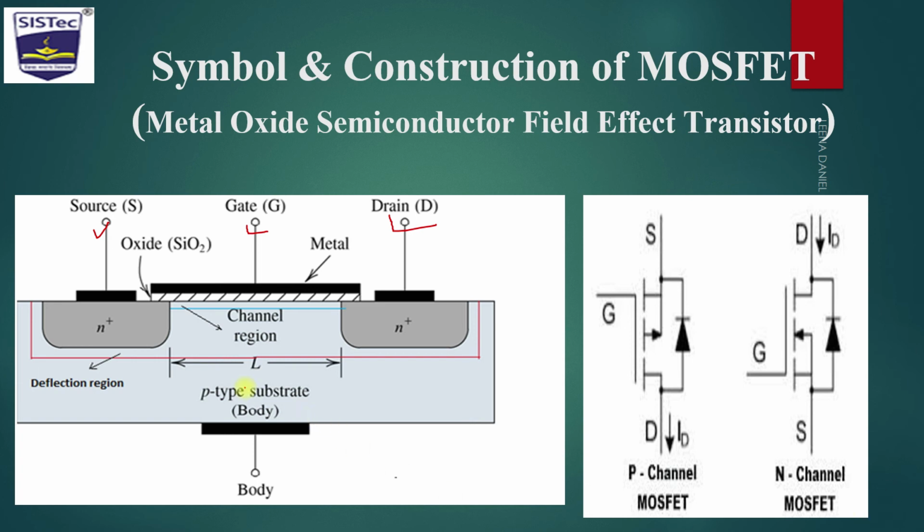Power MOSFETs are basically of two types: N-channel enhancement MOSFET and P-channel enhancement MOSFET. But usually of these two types we use the N-channel enhancement MOSFET, because here the higher mobility of electrons is possible. That's why we usually use the N-channel enhancement MOSFET in the circuits.